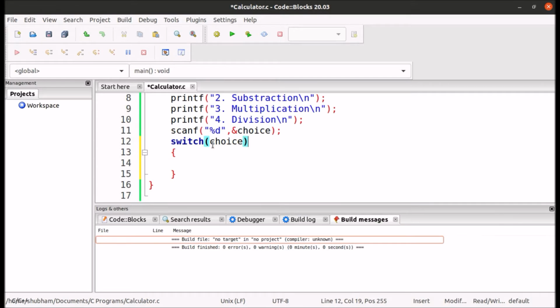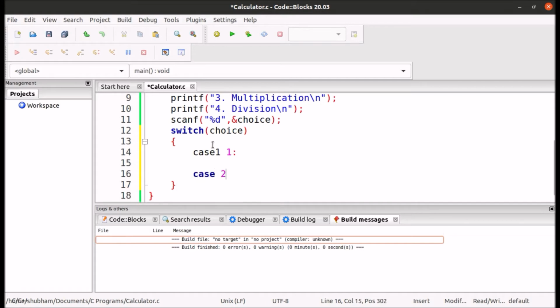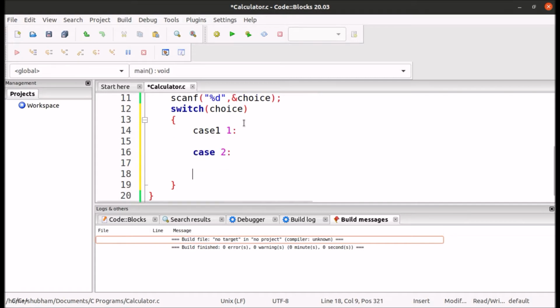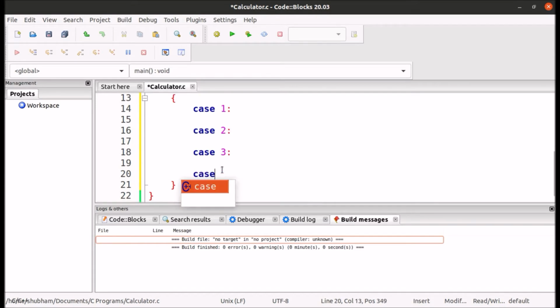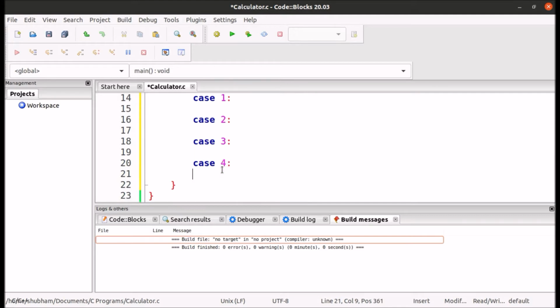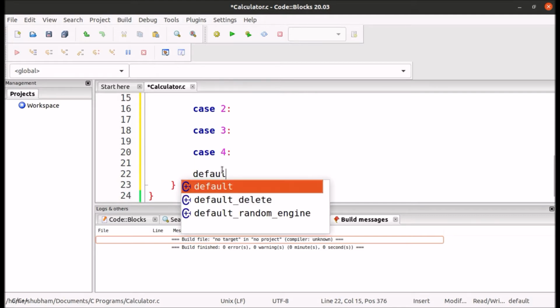Now case 1, case 2, sorry I have written 1 twice, case 1, case 2. We have a total of 4 cases, so case 3, then case 4, and after that a default case will be there.